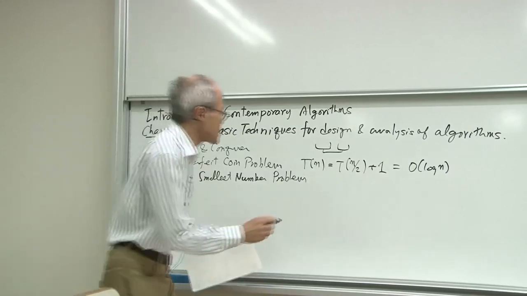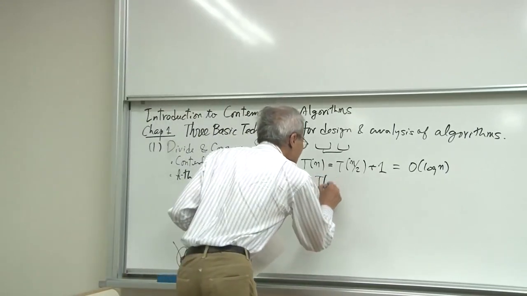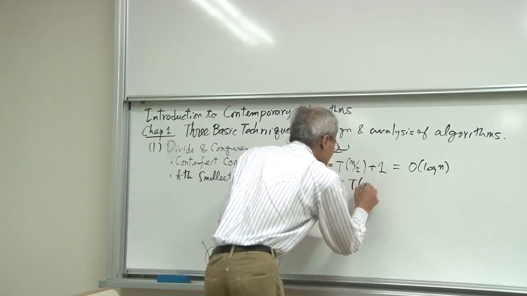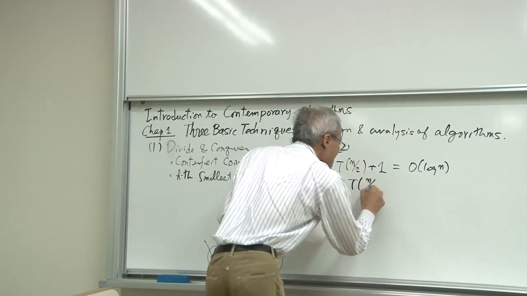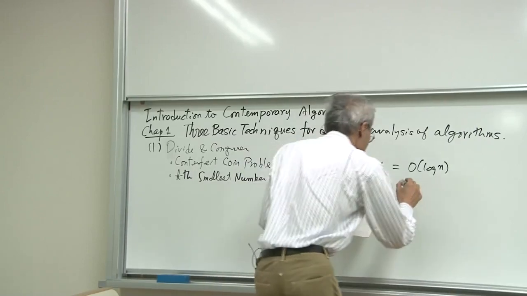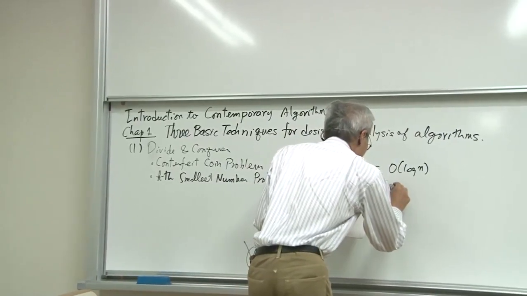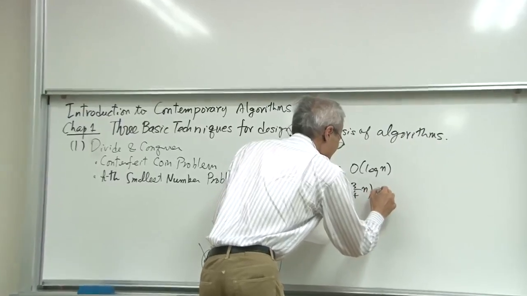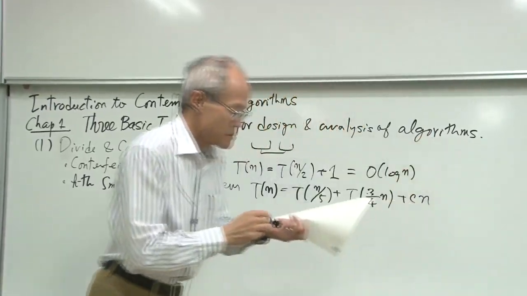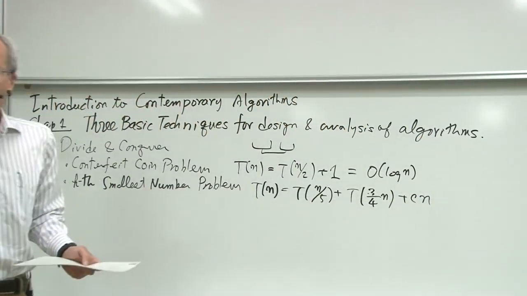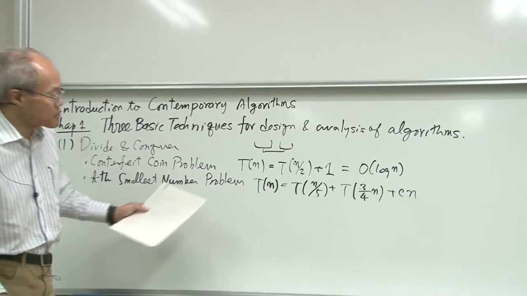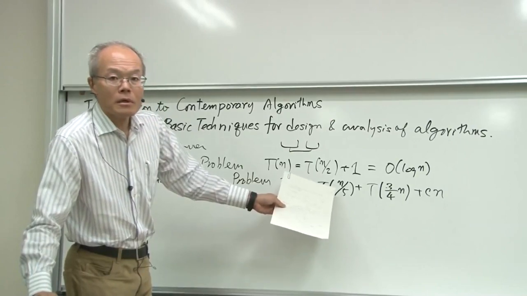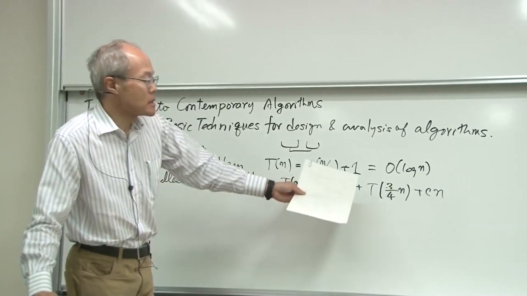Then the complexity T of n can be written as T of n over 5 plus T of something like this. It is very important to notice that the problem size becomes n over 5 plus